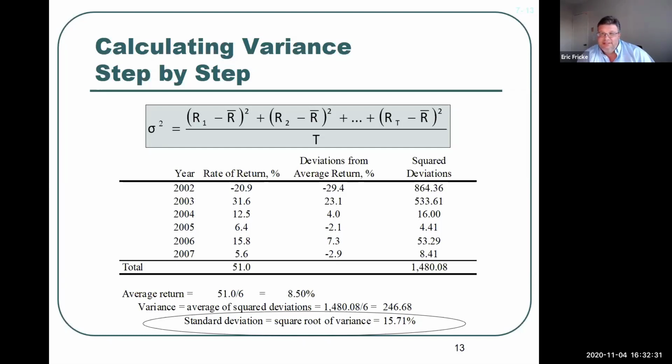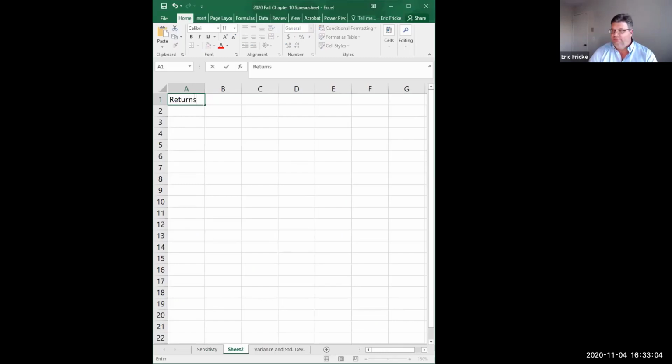I know that was a little bit dense way to go through an equation, but it is kind of how your textbook does it. What I want to do now is go through and show you in Excel. So I'm going to just list the returns that we have listed here, and these are all in percent. This is the same thing that was listed on the slide. So then if we want to calculate variance,